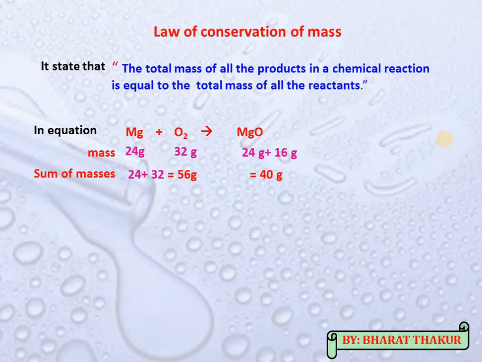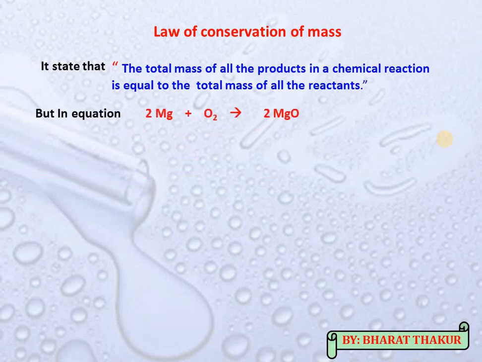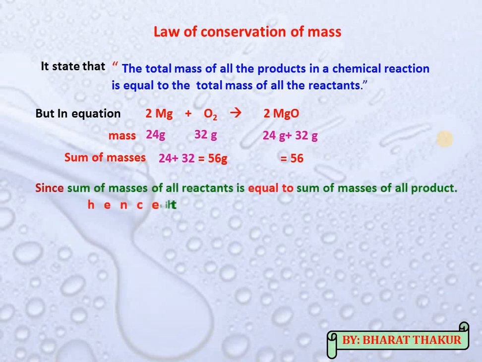So we need to balance the equation. So let's balance the equation. So this is a balanced equation. When we measure the mass of a balanced chemical equation, see that in the case of this equation, after balancing, the mass of the reactants becomes equal to 56 gram and the mass of the product is also 56 gram. So the mass of the reactants is equal to the total mass of the product formed. That's why we can say the law of conservation of mass is followed and the equation is said to be a balanced chemical equation.